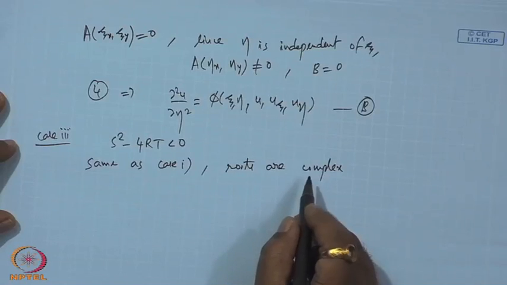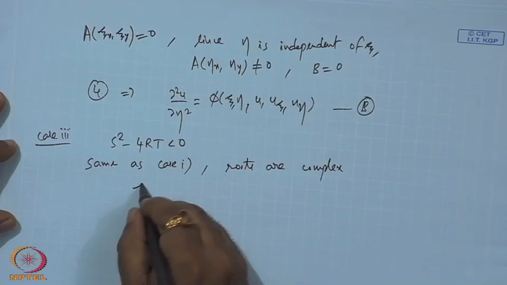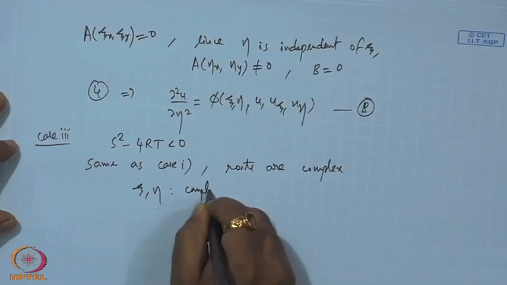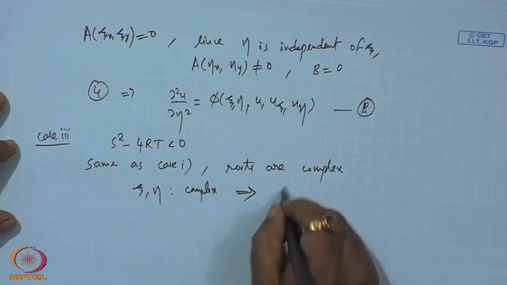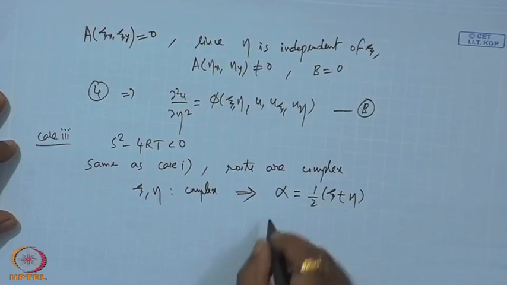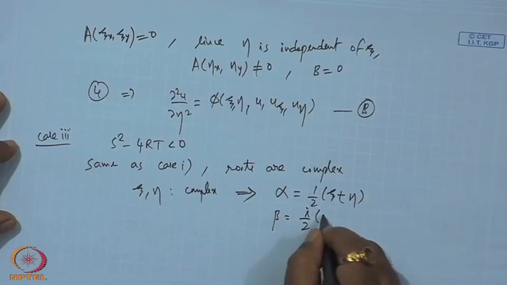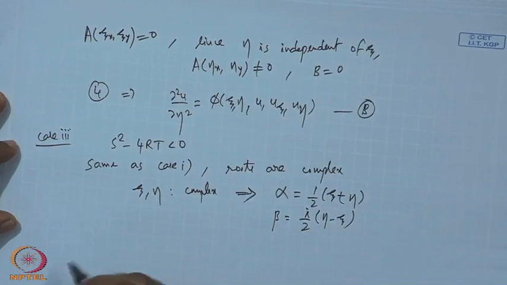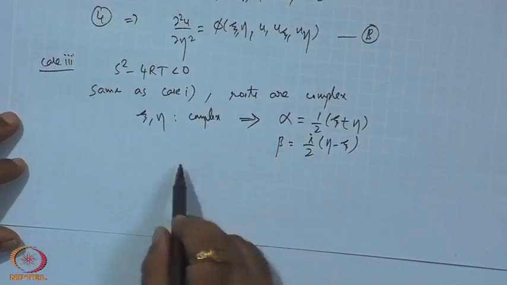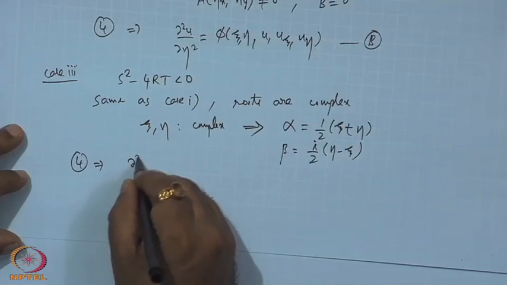Roots are complex, so we cannot work with zeta and eta. Here in this case these are complex, hence we define alpha equals half of zeta, beta equals to, and try to change the entire equation in terms of alpha and beta. So, then 4 reduces to